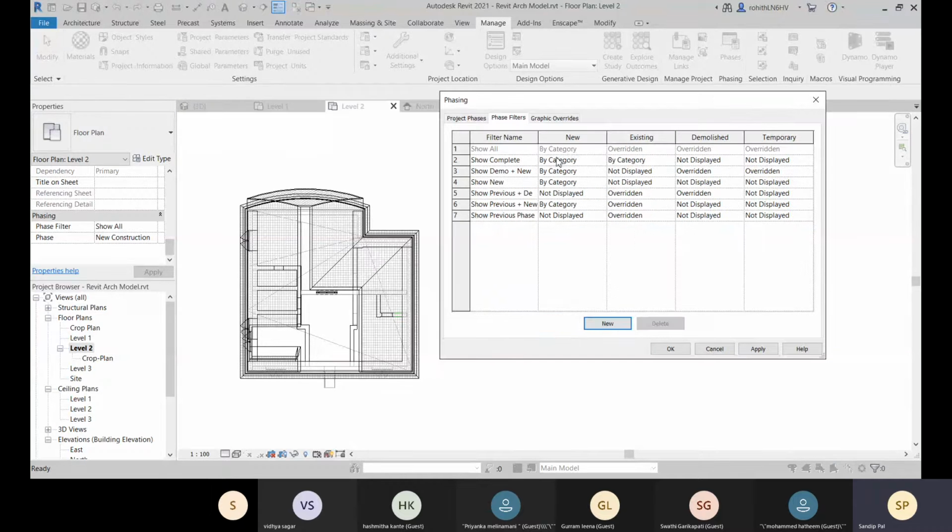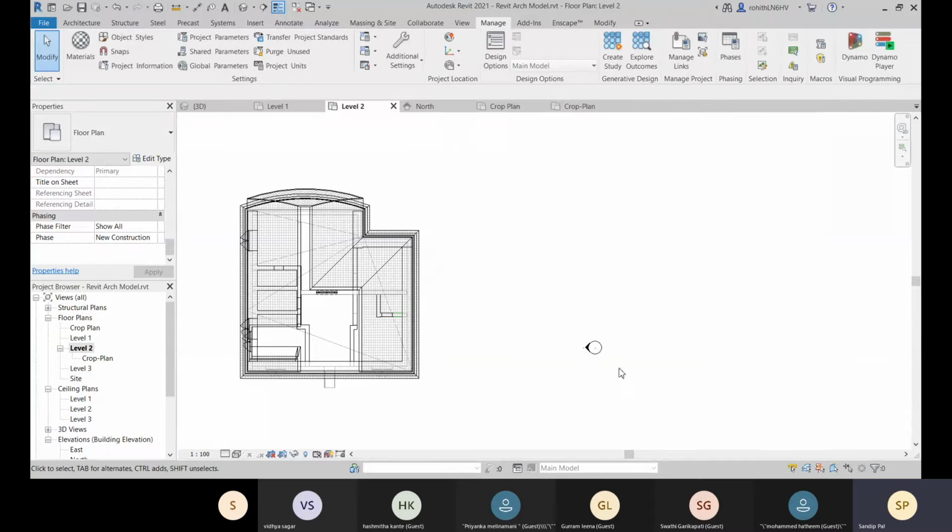When this show all is there, all the things for your new, that is by category, by the category of the element what is selected for those elements, that is visible, and existing are overridden, demolished, and temporary are overridden. Now click on OK.